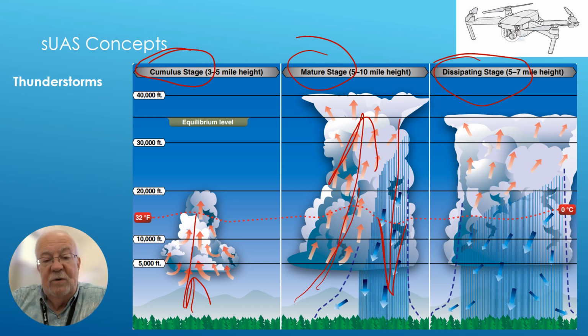Okay, so three stages. You need to memorize that: cumulus stage, mature stage, dissipating stage. Again, cumulus stage: continuous updrafts create that low pressure area, and thunderstorms gain some vertical development. Mature stage: updrafts and downdrafts occur, so we have significant wind shear and turbulence. Rain begins. Dissipating stage, the final stage, is characterized primarily by downdrafts as the thunderstorm tops begin to descend.